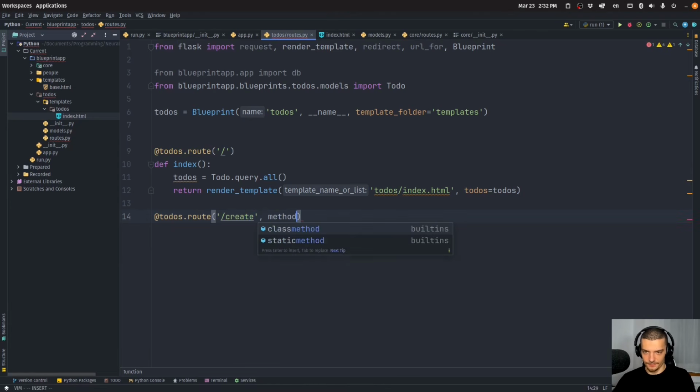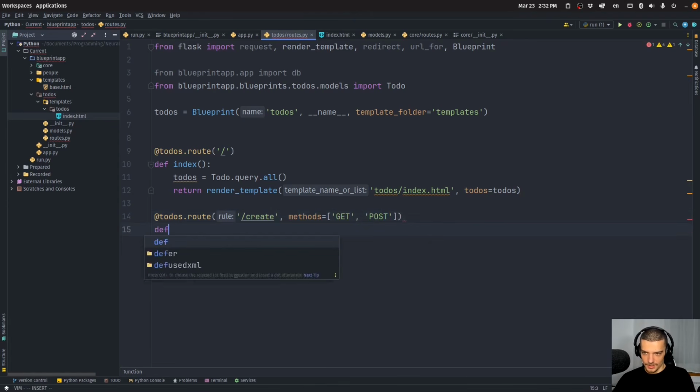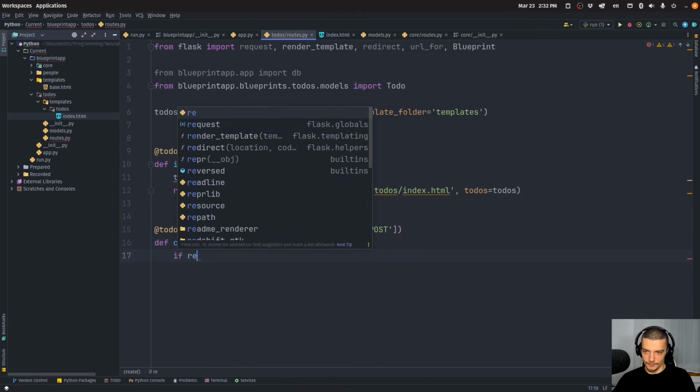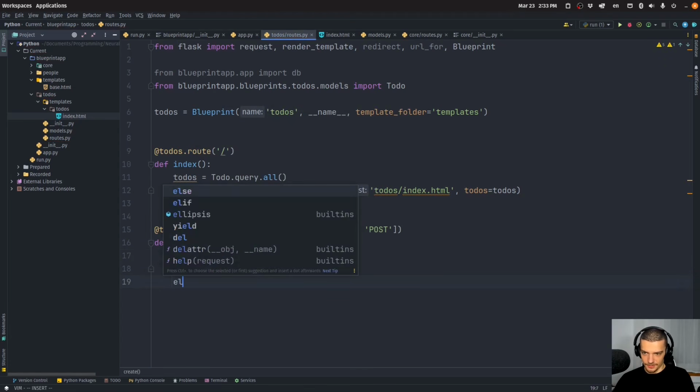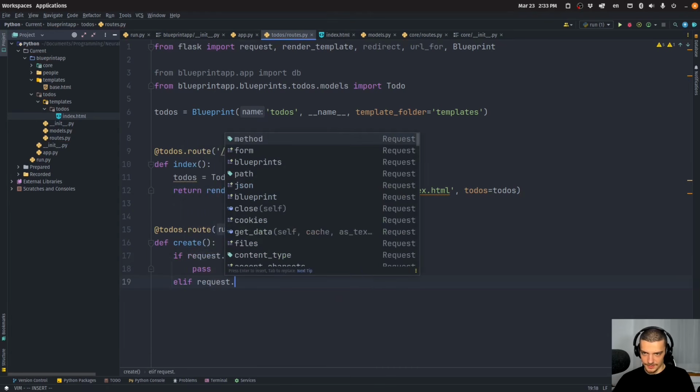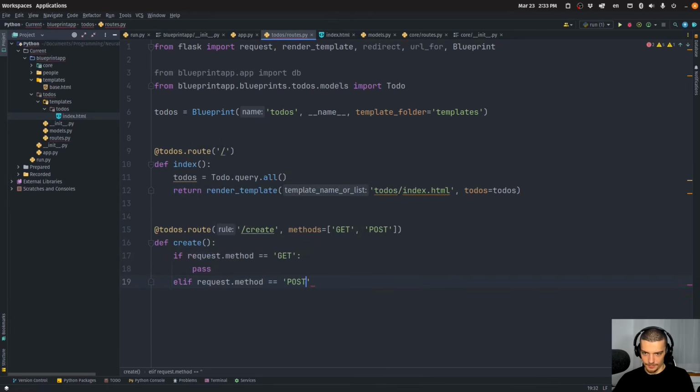And we're going to allow for methods get and post. I'm going to say create like this. And we're going to say if request method is equal to get, we're going to just return an HTML file. Otherwise, if request.method is equal to post, we're going to do something else. So here I'm just going to return a render template, and I'm going to return a todos/create.html, which we